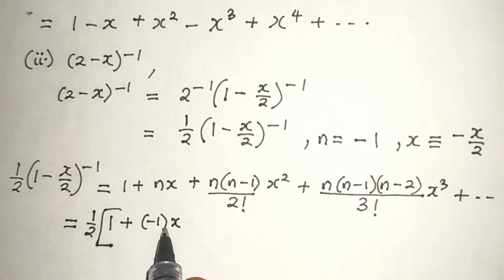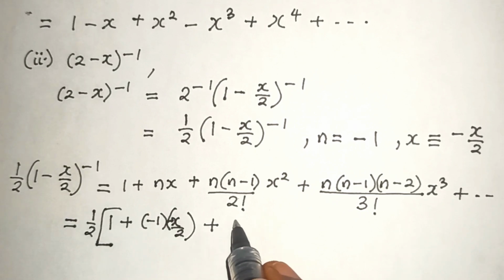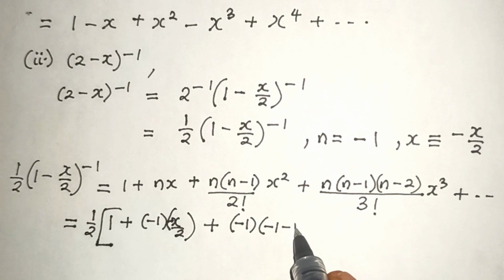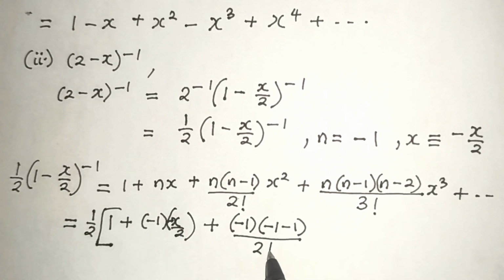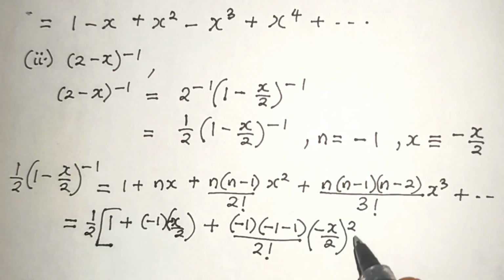So instead of writing x, we are going to write minus x over 2. Plus the next term is minus 1 into (minus 1 minus 1) all over 2 factorial times (minus x over 2) raised to the power 2